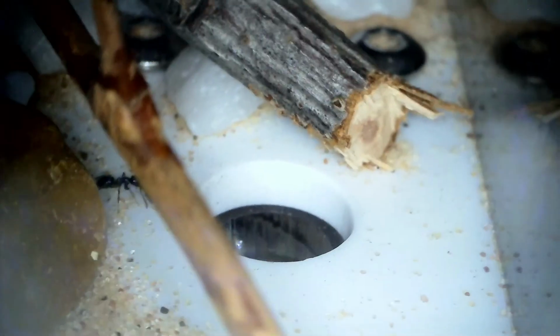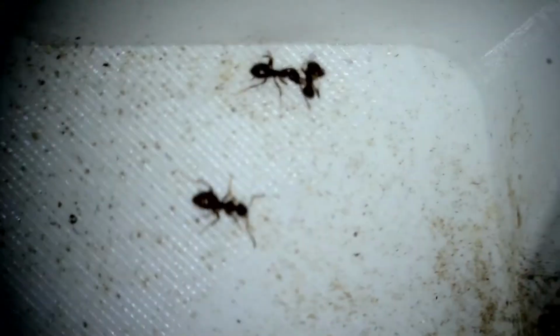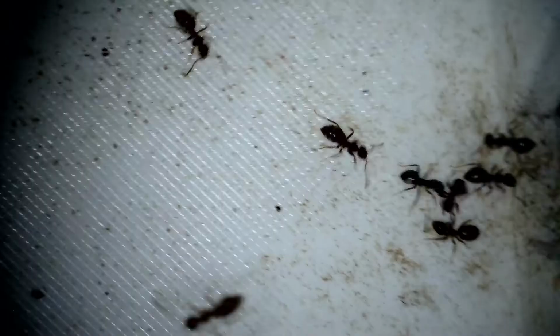And actually, at this point, I was conscious of what I was filming, and as you'll see in just a second, as the worker takes the glooped up worker down the hole, I'm scrambling trying to pull the ant's nest, the whole setup forward, trying to take the covers off so I can film what's going on inside, thinking, oh my word, and here I just about got everything set up as she's coming back in, and yet again, I'm sorry for the camera work, but I was trying to get focused as quickly as I could on where she was. But yeah, this is just coming round the final corner into the final chamber, and when she brings the